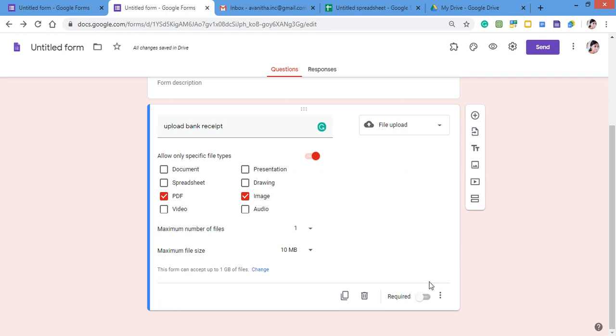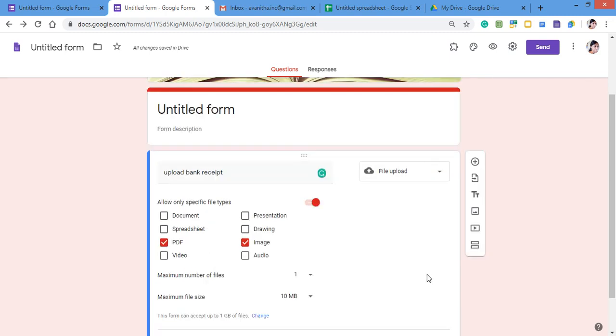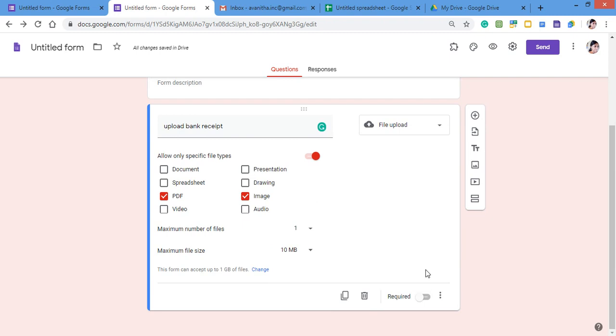Why it is given: for example, I want the participant to fill this in, and only then can they continue with the next questions, or go to the next page only when they fill all the questions in the Google form. Then what you have to give is that it should be required. That means the person filling the Google form has to answer this particular question, and then only can he continue with the next one.